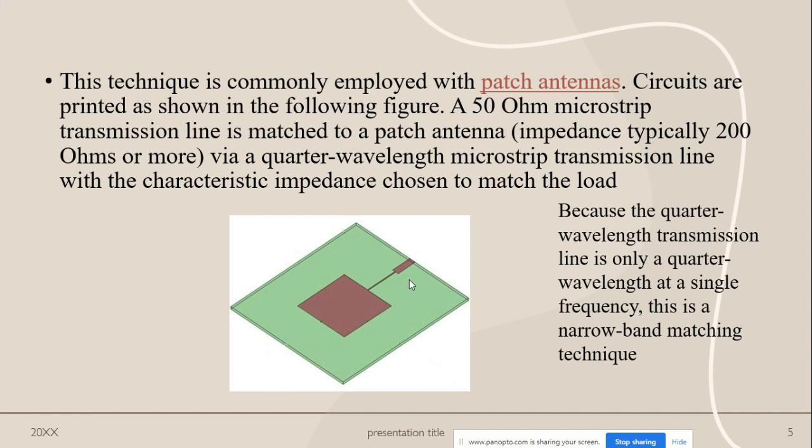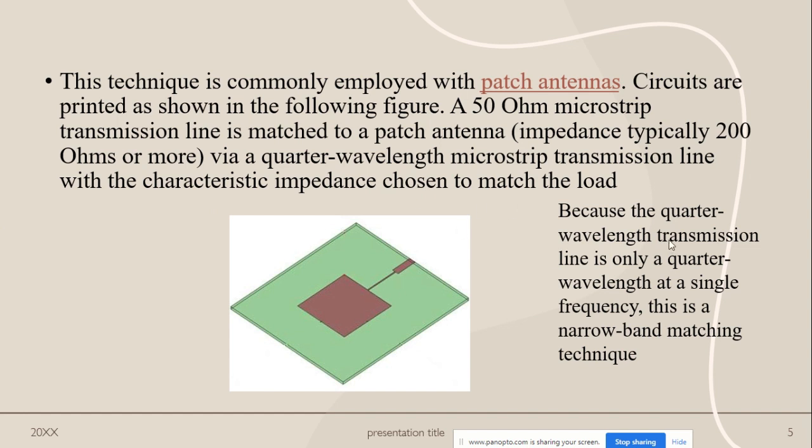So a 50 ohm transmission line is matched to the patch antenna. Here, if you see, this is your transmission line of lambda by 4, and this is of 50 ohm. It is matched to a patch antenna impedance, typically 200 ohms or more, via a quarter wavelength microstrip transmission line with the characteristic impedance chosen to